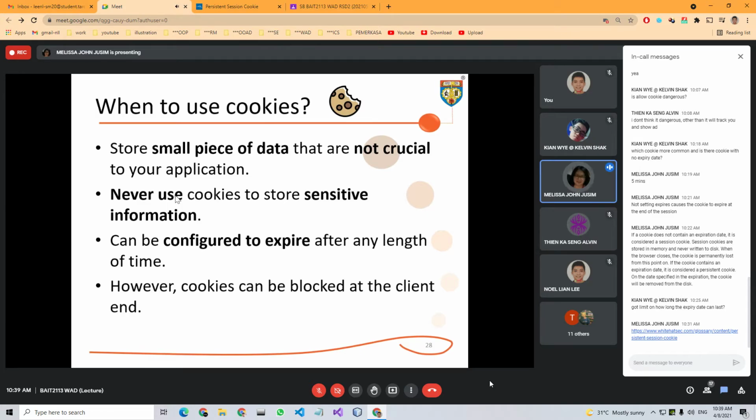And when you want your cookie to expire after a certain length of time, then that's good. However, look at the disadvantages. You need to consider that cookies can be blocked.